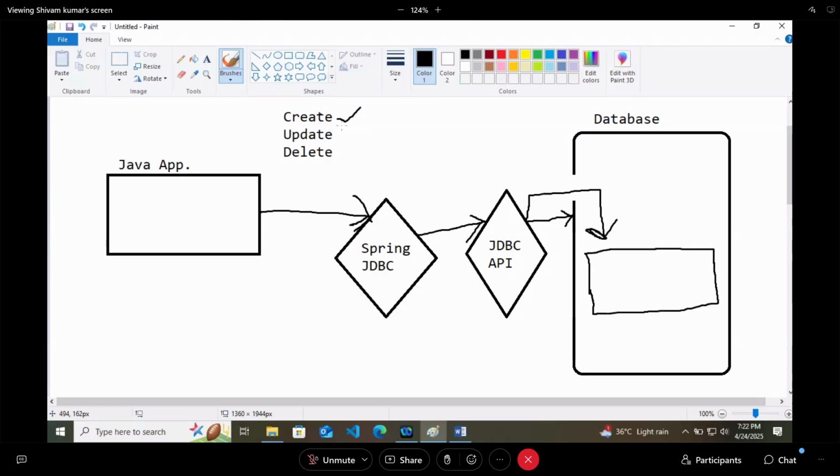Whenever you want to create a new employee, you will go to the database and fill the values inside it, whatever values are there. Whenever you want to update some value, again you will go to the database and update one particular field there. When you want to delete, you are deleting the value, so that particular part is deleted. So in all these three cases, the database is not giving you anything.